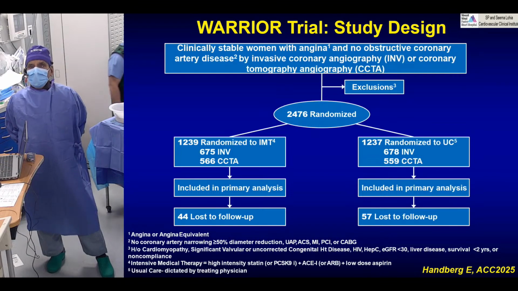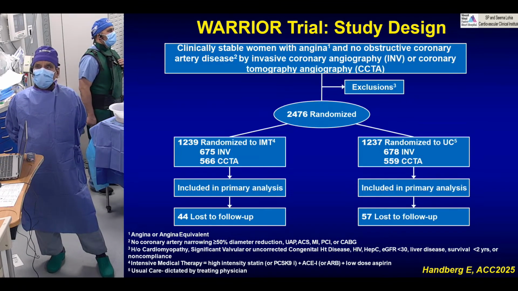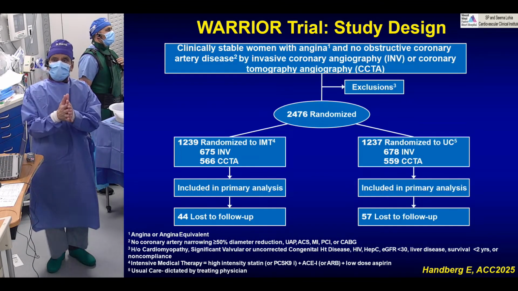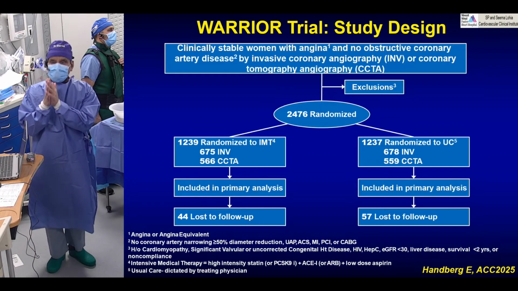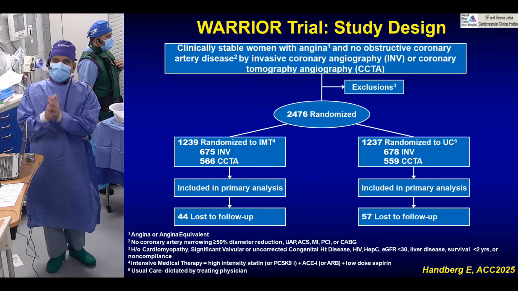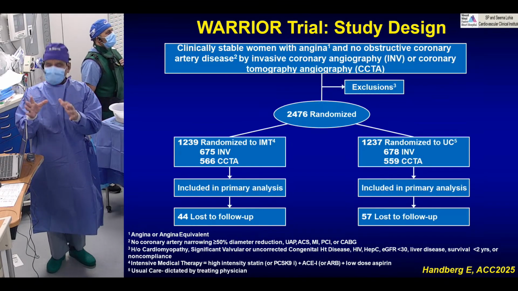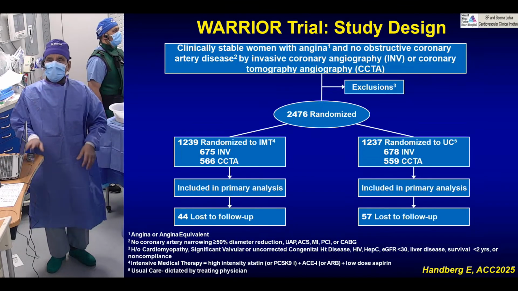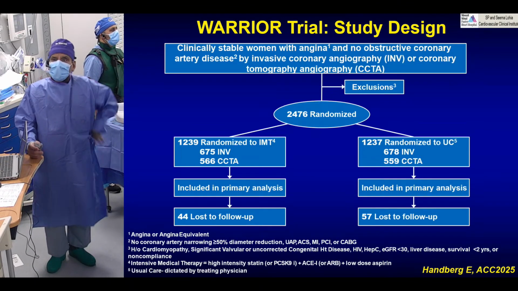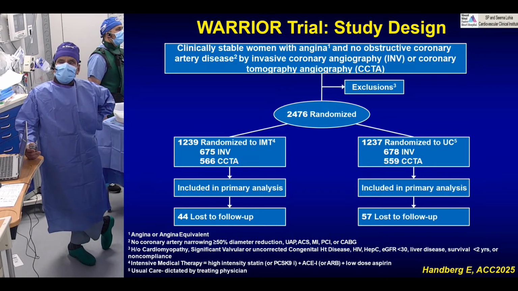About half were diagnosed by cath, half by CTA, and they said, let's do two things: the patients either get intense medical therapy or usual care. The goal was that patients who have microvascular disease might favor intense medical